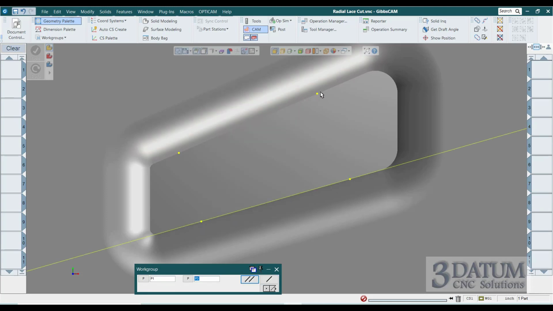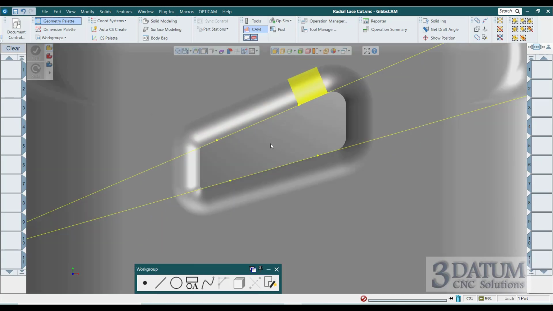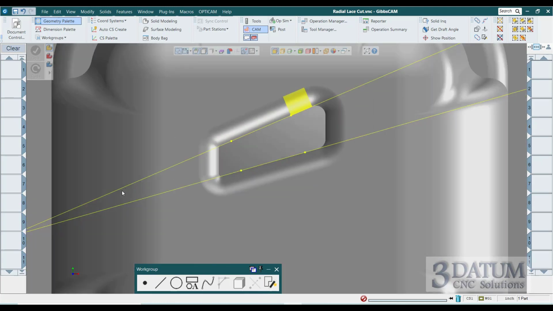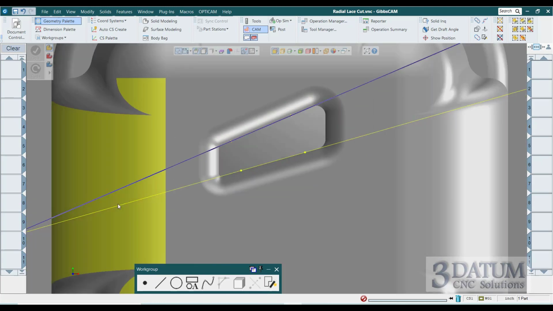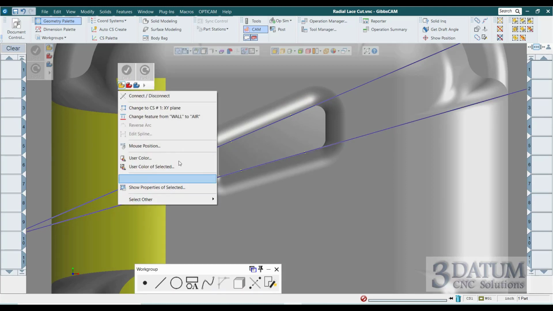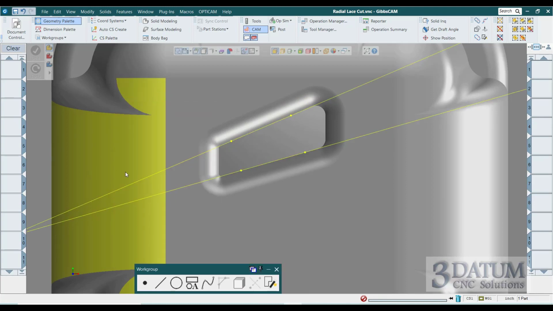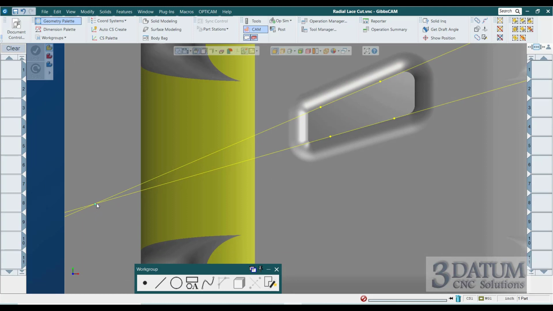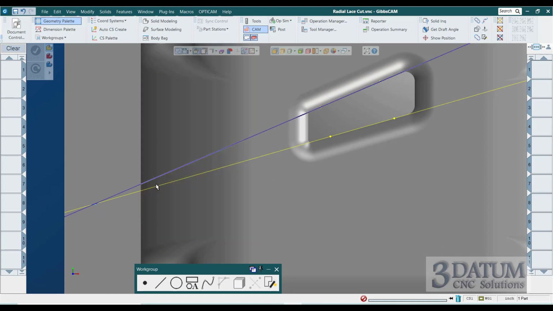and through these 2 points. And then I'm going to connect these 2 lines. Sorry, I'm having trouble selecting today. So if I connect those, I get a point where those 2 lines intersect. All right, so,